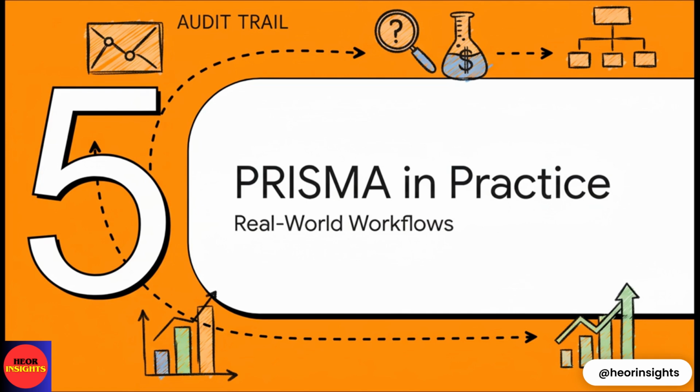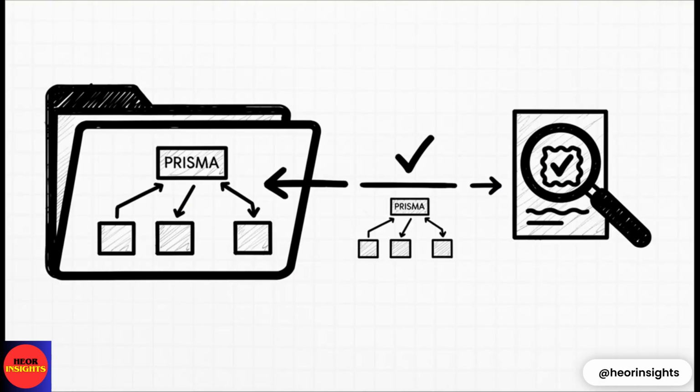We've gone through the structure, so now let's see how the PRISMA diagram actually gets used in 3 key real-world HEOR workflows. First, in HTA submission dossiers, for an agency like NICE, the PRISMA diagram is a foundational document. It's often Figure 1 in the clinical evidence section. It acts as the denominator that proves your search was thorough, and it backs up any claims you make about the evidence, including, very importantly, claims about the absence of data on certain side effects or